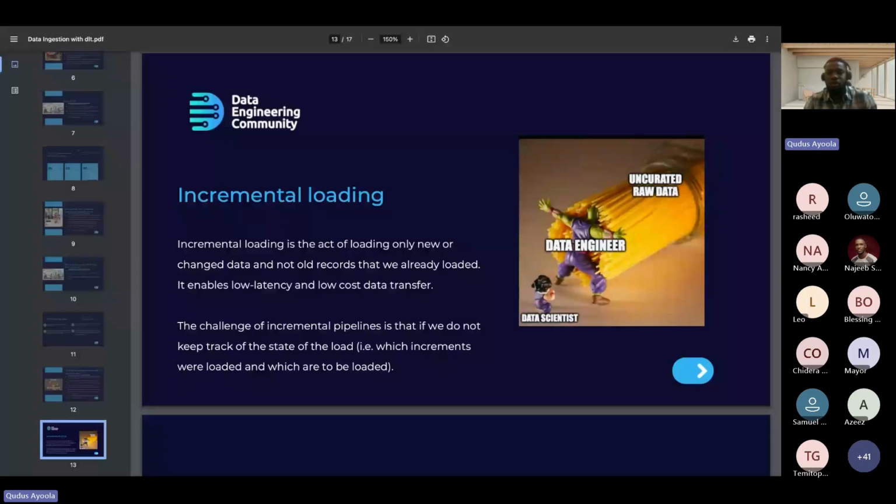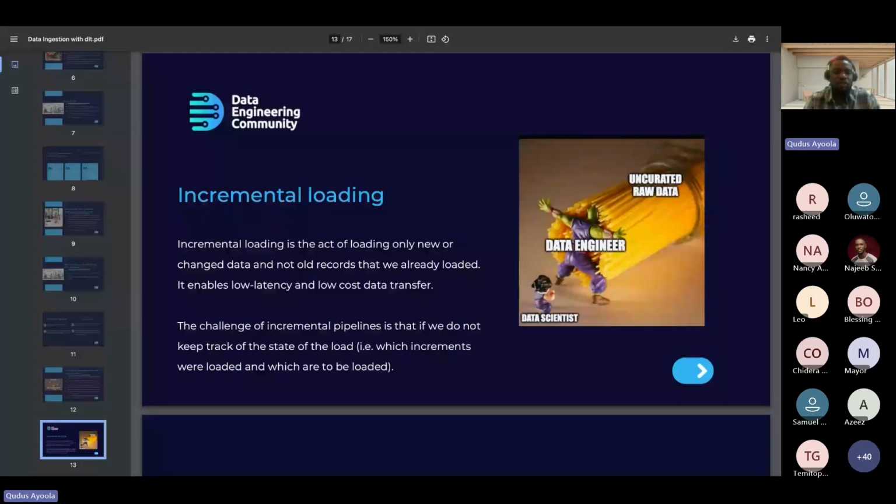You don't want a situation whereby you are scanning your entire database or your entire source system to load all data back into the destination system, because it will cost you a lot. It's usually faster when you are using incremental loading, and it costs less to run because you're only bringing new data from your source system. So with dlt, you can also do your incremental loading easily.